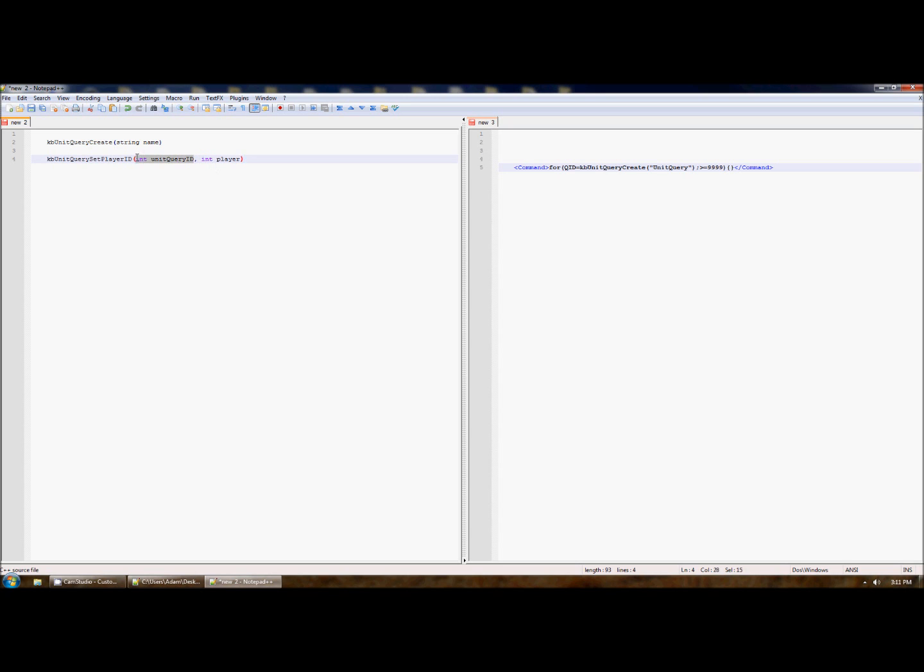In here, in unit query ID, that takes the variable that we assign the name of the query to. So we'll stick QID in there, and int player. We'll use a player parameter, so stick U in there, and stick our command tags on, and our semicolon, can't forget that. And then we can create a quick parameter, param name equals,